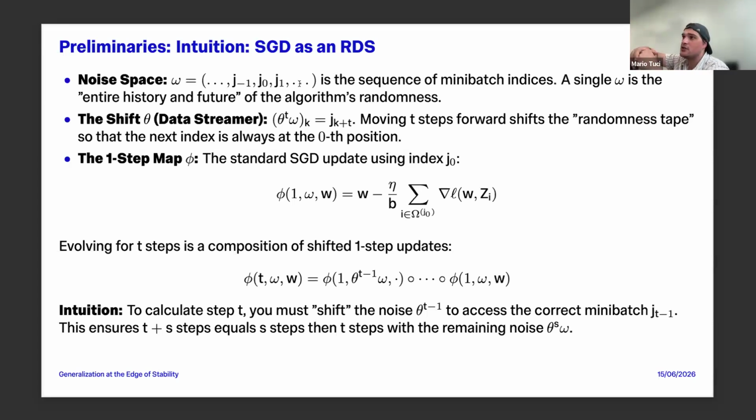And you have to imagine it when you run SGD. At the first iteration, you use this index. In the second iteration, you use this mini batch index. And this is just a way to formalize it, so that at each time you get the right index. Then your measurable co-cycle from the definition before is your update map for SGD, which can be written in this way. And you see that when you run SGD t times, it's just a composition of the first step update map, where at the right point you take the correct index. That maybe gives more intuition what a random dynamical system is and how it relates to machine learning, for instance, in SGD.